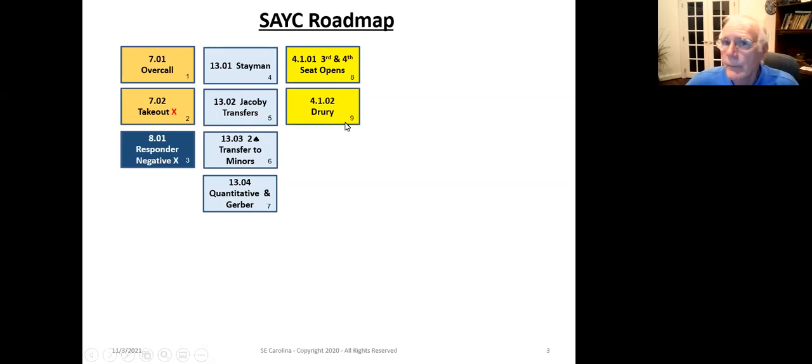Okay, a really important convention to add then is Drury. And what this allows you to do is, if your partner opens one heart or one spade in third or fourth seat, it allows you as the opener's partner then to say, hey partner, I actually have a fit for your suit and I've got 10 plus points. Really an important, what we call check back convention. Next is something called Walsh. Okay, I'm not going to try to explain why everything right now, but Walsh says, hey, bypass 4+ diamonds